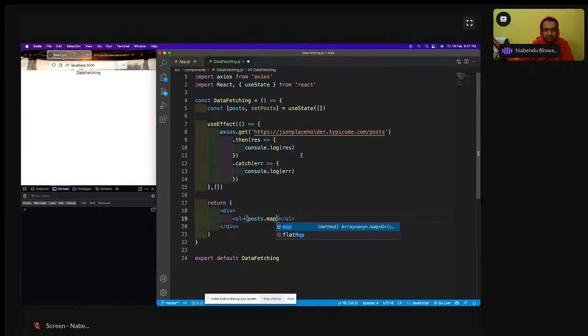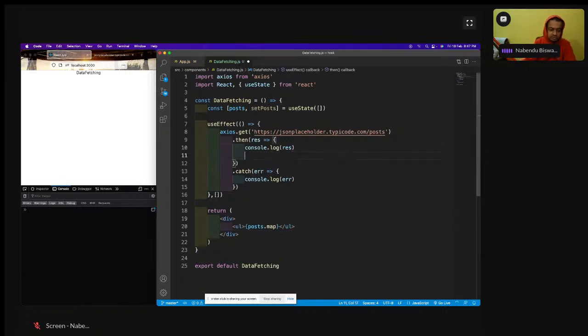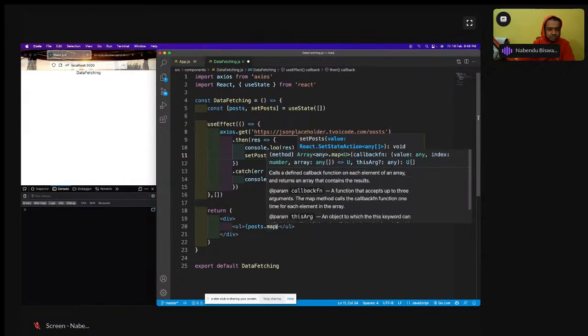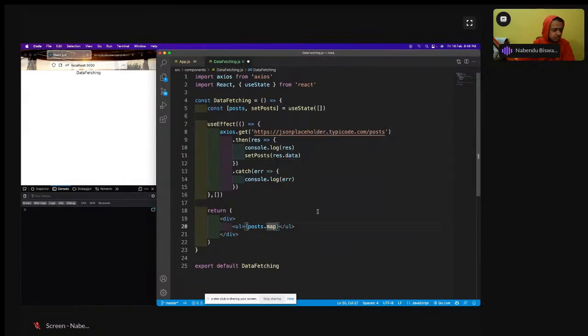Actually, after this console.log, we should do the setPost. SetPost is actually res.data. So I'll do the res.data, and then I'll map through this post. So it will set it in the post, I'll map through it, and then